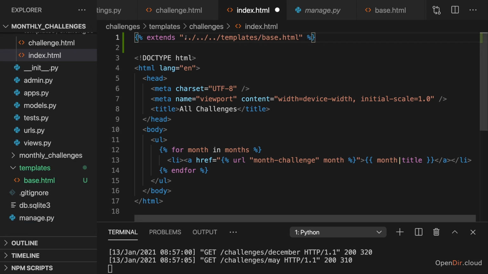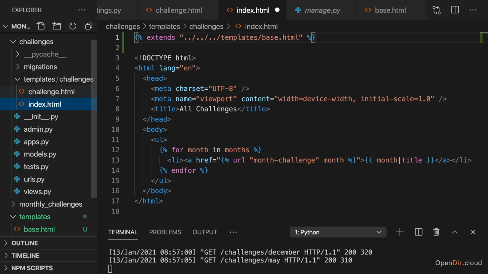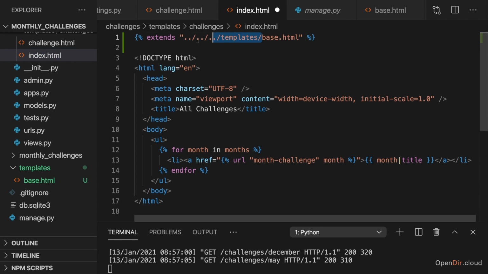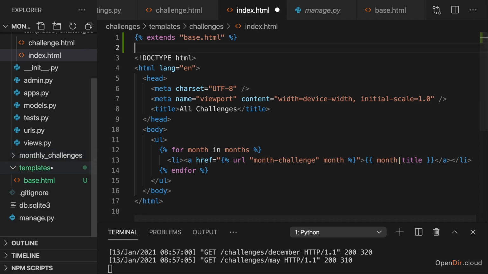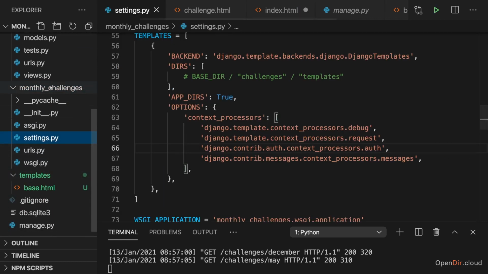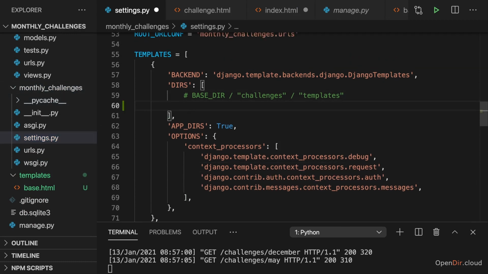But that's very cumbersome, and we always need to adjust this if we move this index.html file around or if we move the base HTML file around. Therefore, I rather specify an absolute template name or path here, and I just want to make sure that Django picks up this path. And therefore, we can go to the settings.py file in our project subfolder again, and there in dirs, I'll again add base dir